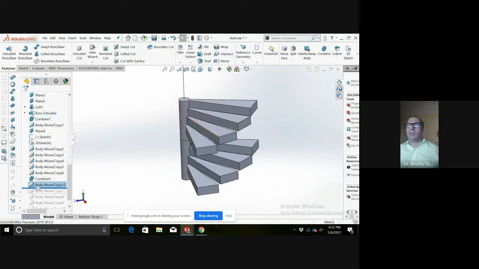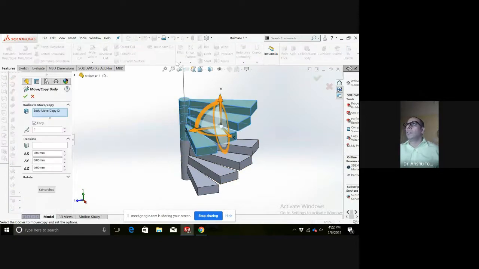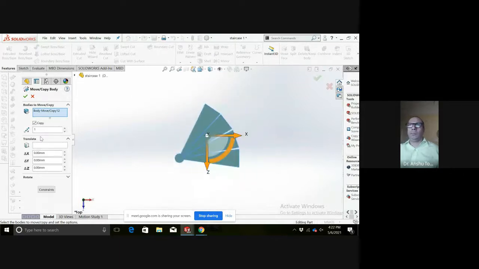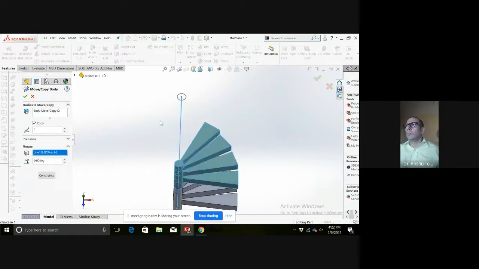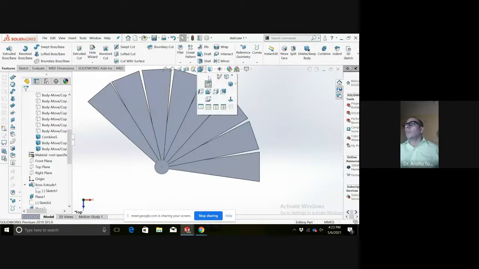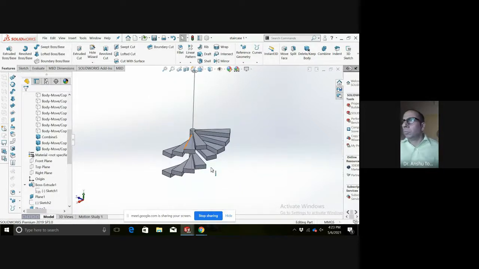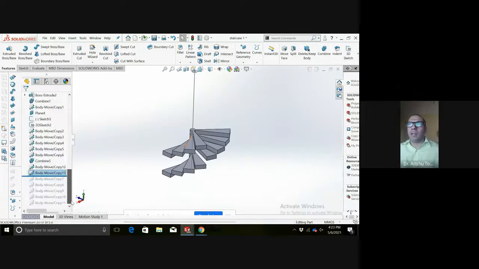Now I can rotate it. I think double instances have been done.